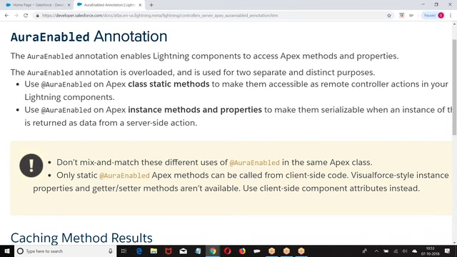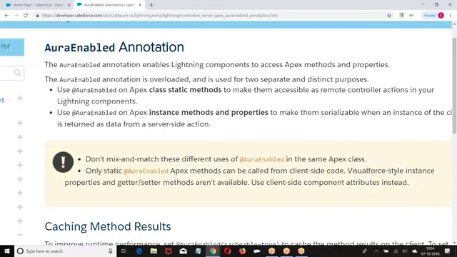Take an example. @future, it is static. @RemoteAction, static. @HttpPost, static. @isTest, static. So even the @AuraEnabled method is also a static method.